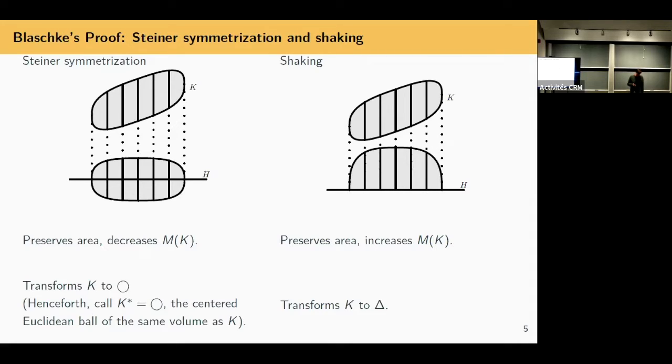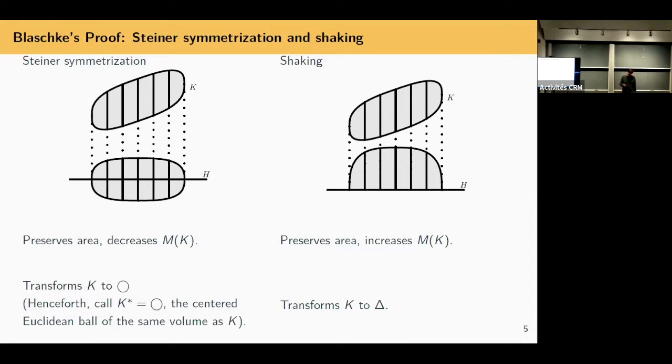The isoperimetric problem will show up again in this talk in a few places. But for this problem, it decreases this mean value. Okay, and more rigorous compactness arguments about iterated symmetrizations converging to a disk or a ball of the same area or volume in higher dimensions came later. But if you've ever made a snowball, you can agree that if you do this in the right directions, you'll get a sort of round extremizer. In this talk, I'm going to call K star a ball. It's going to be a ball of the same area or volume, depending on the dimension, as the set that I started with. Okay, so I'll move from circle to K star. That will now be a ball.